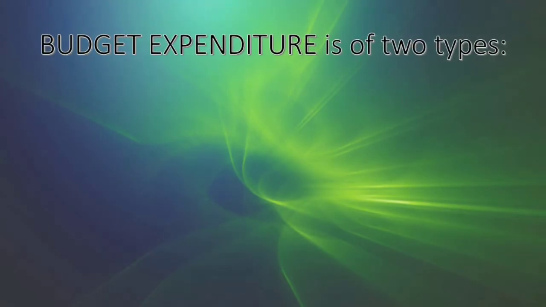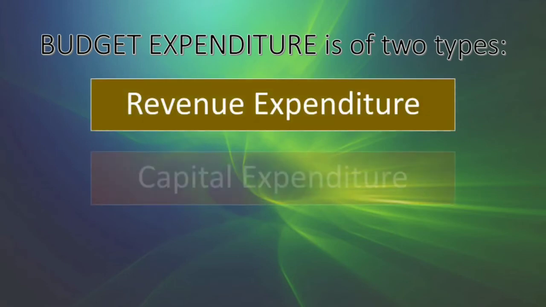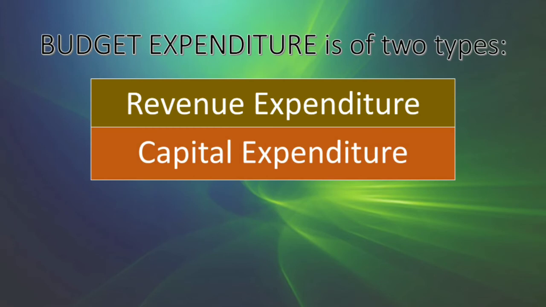In this video, the second half is budget expenditure, which is of two types again: revenue expenditure and capital expenditure, though it is simpler than the receipts version. So let us understand it quickly. Let's go. What is revenue expenditure? First of all, let us understand the meaning of expenditure. Expenditure means kharcha. Where does the government do this expenditure? At many places. It builds up bridges, it gives subsidies.